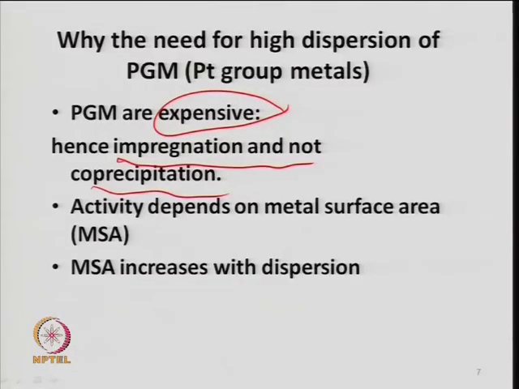It may have clusters of that, right. So, at that time, because the concentration is low, it is advised to use the impregnation technique, or especially the incipient wetness technique, right. So, the activity of these kinds of metal will depend on the metal surface area. I am not talking about the total surface area, it is the surface area of the active metal, right, and this can also be determined from the chemisorption study,